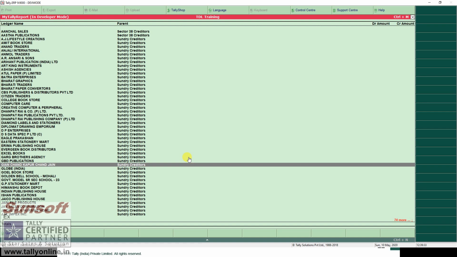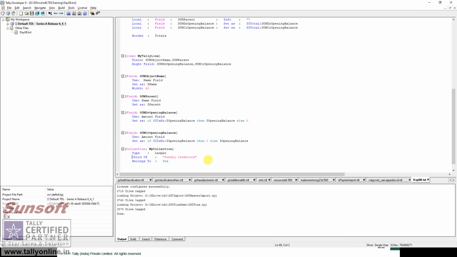You see I am having Dhanpat 3, 1, 2, 3 Dhanpat. So I want to see the ledgers. This is part of the searching also, and I want to see the ledgers which have the name Dhanpat.